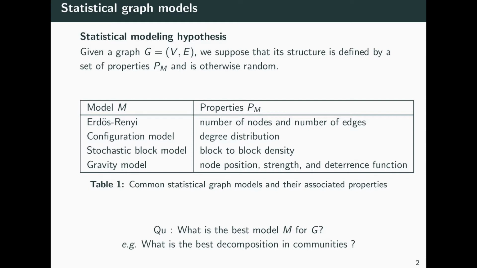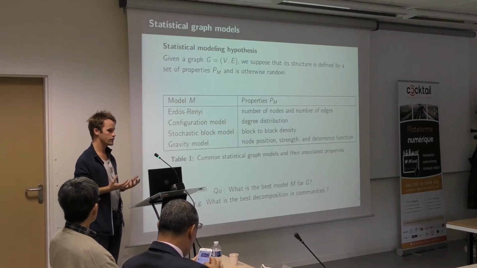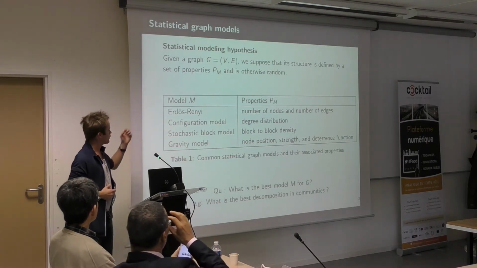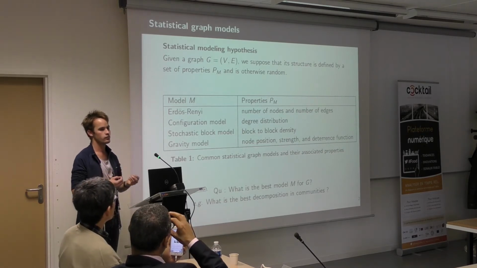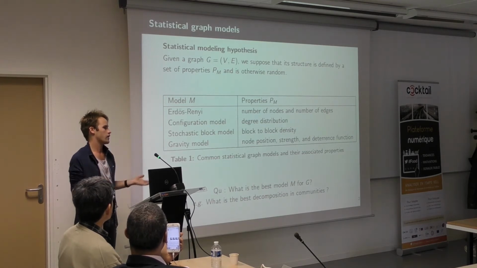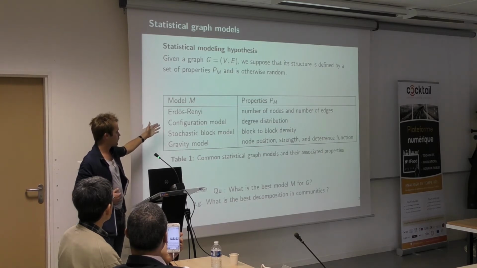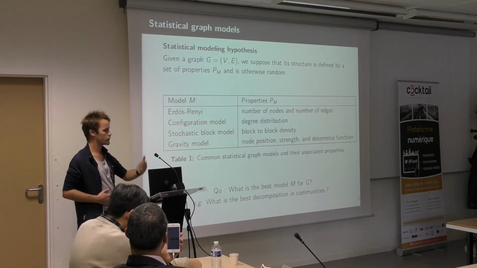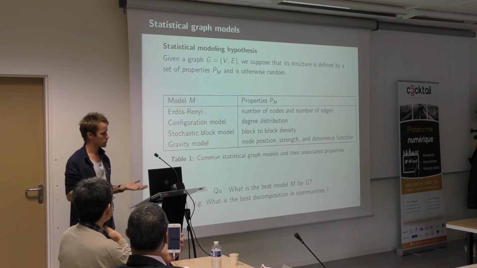So to introduce the context, what I mean by a statistical graph model is a way of modeling a graph by assuming that its structure is defined by some important properties and that it is otherwise random. So to take some examples, the most known one is the Erdős-Rényi graph, which defines the number of nodes and the number of edges, and then constructs the graph at random. But the configuration model can also be seen as such a statistical graph model, because you set the degree distribution and then edges are drawn at random